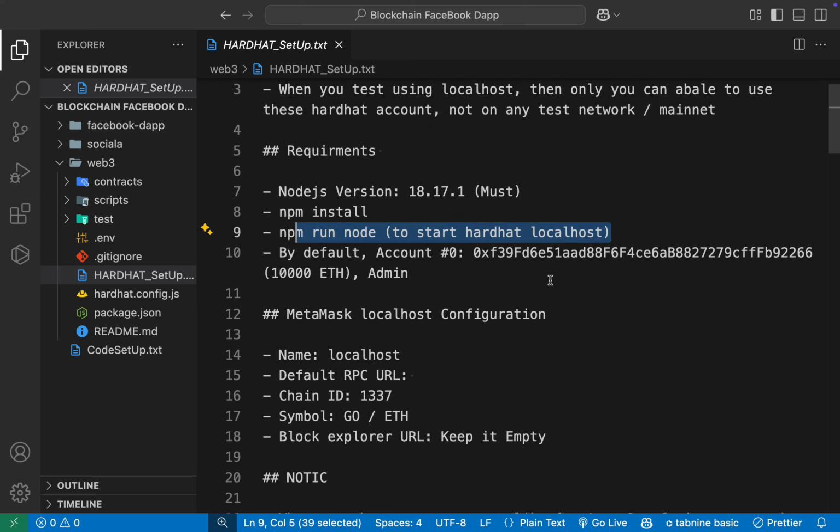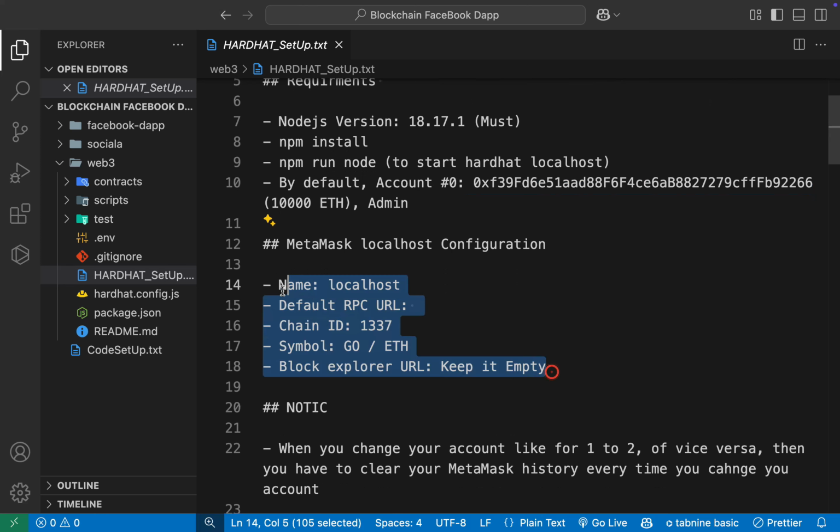And by default, when you deploy the contract, Hardhat is going to use this particular account 2266, and it will have 10,000 fake ETH. This account becomes the admin of the contract, because by default Hardhat will use this account for deploying the contract. And this is the exact configuration you have to do in your MetaMask to test the application, which